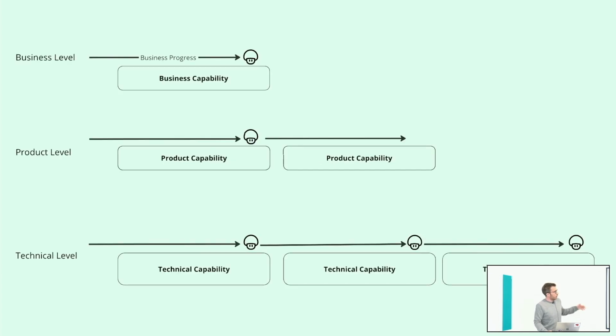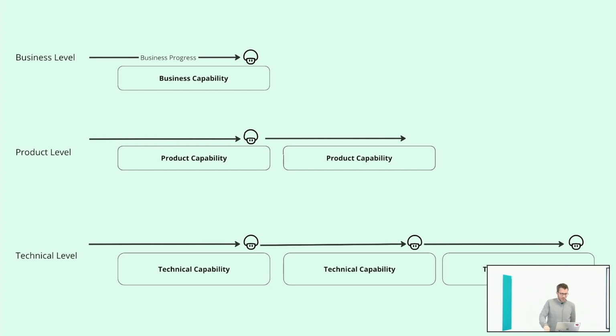The picture could look like this. This is maybe more demonstration, better to demonstrate it. So the business level has the business capability. We're having the product level with the product capabilities. All these capabilities could be tied to some goals. That's totally fine, so having these small level up icons.